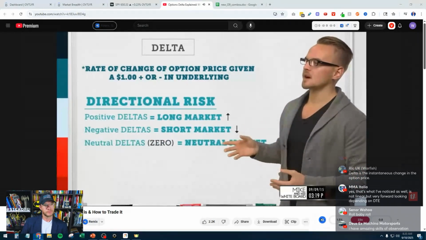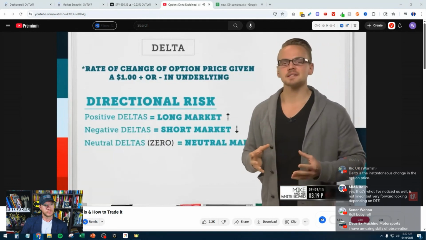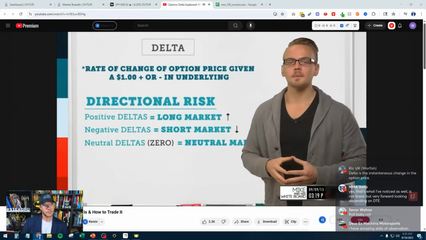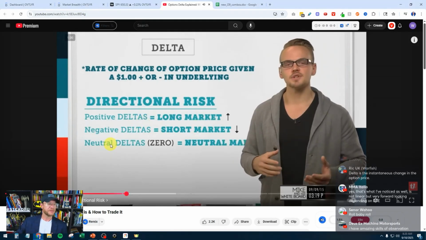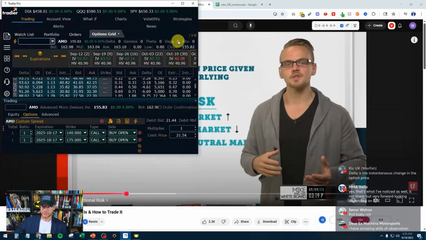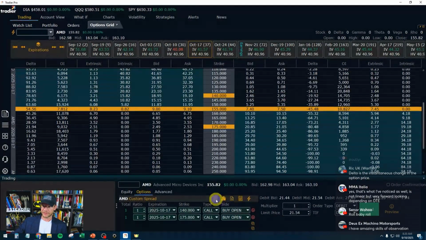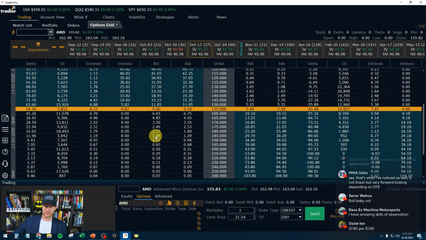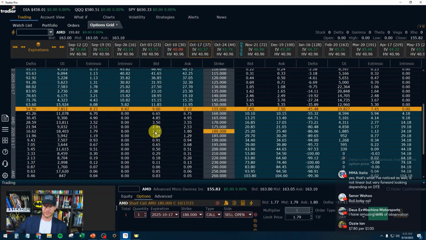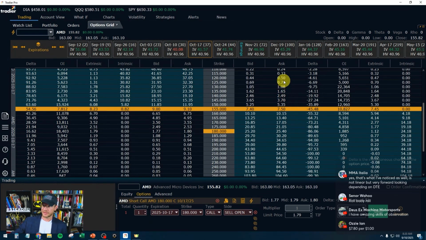So when I'm talking about directional risk, when I say positive deltas, I would have a long market assumption. And that's because of the example we just showed. Now, one of Tasty Trade's big things, and I don't understand, is they love being delta neutral. Now, what does delta neutral look like? Delta neutral looks like balancing the, and this is gonna drive me crazy, but this is what they would say: sell a 16 delta call, sell a 16 delta put,